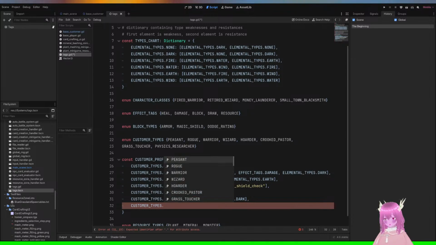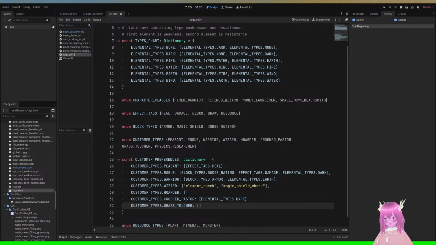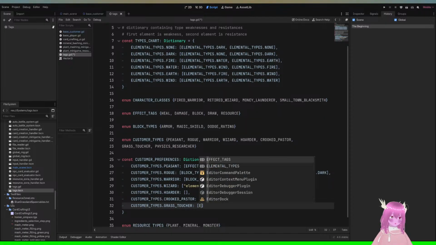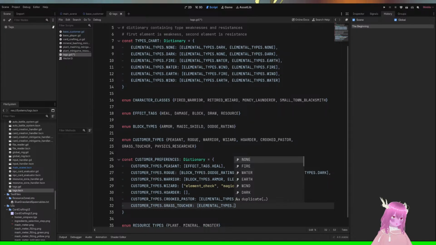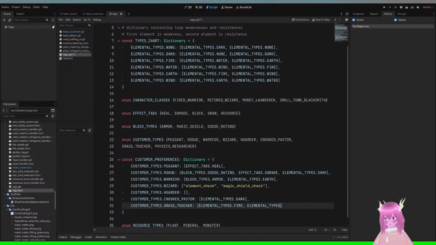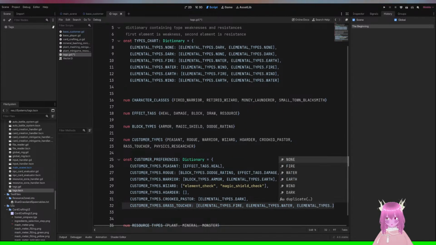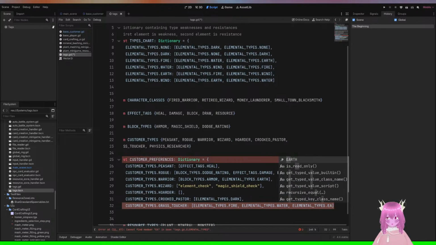CustomerTypes.grass_toucher. He likes, they will like ElementalTypes.fire, ElementalTypes.water, and ElementalTypes.earth.